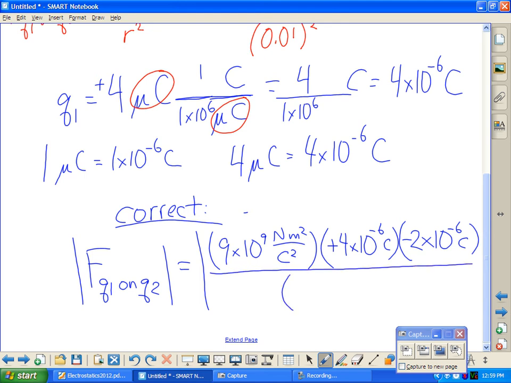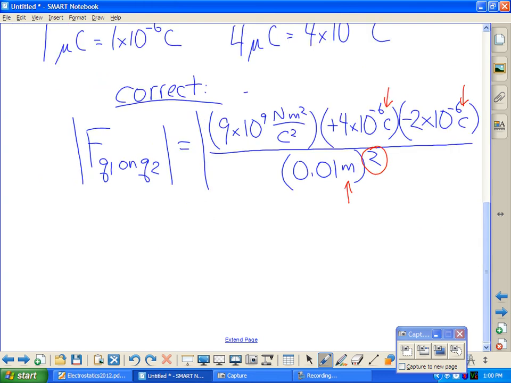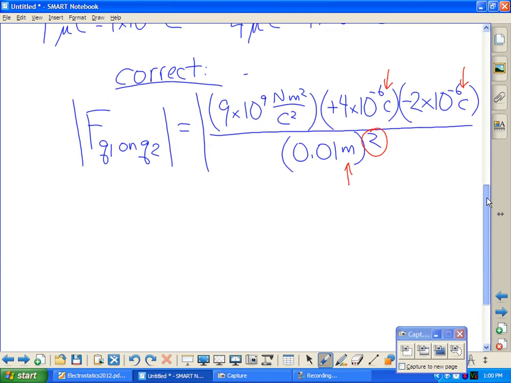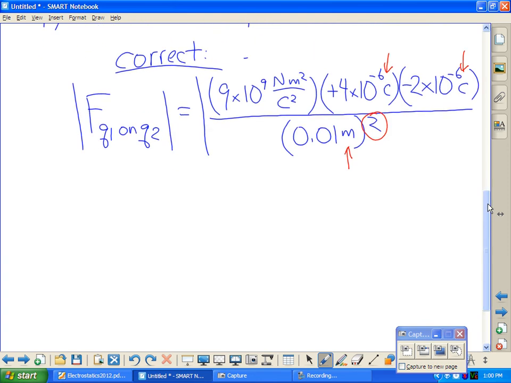All of this divided by 0.01 meters squared. Reality check your units. We've got coulombs, we've got meters, and we didn't forget the blessed exponent. So now you're ready to go. Now all you need to do is to be able to drive your calculator. Because even grown-ups, well, we'll talk later about how to do this without a calculator. But while we're taking baby steps,